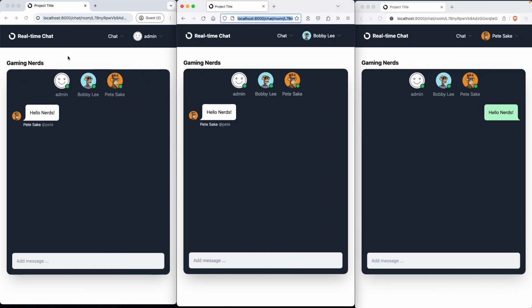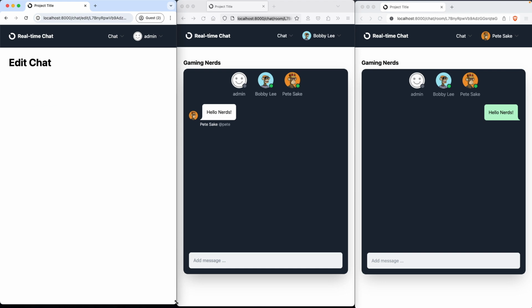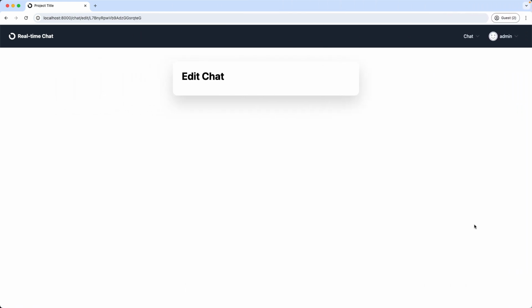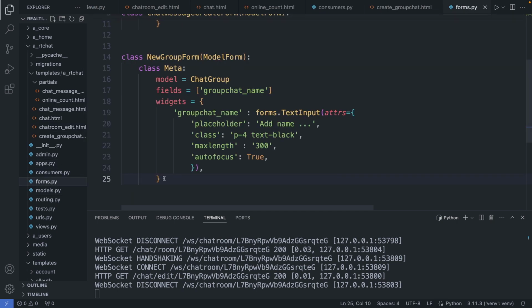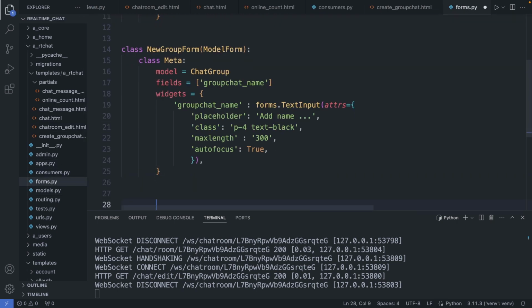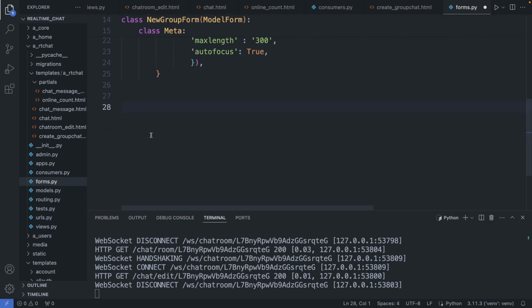I refresh the admin window here. And we can see we have this edit icon now, but only accessible for the admin. Okay, let's click on it now. And this is our page. Next, let's create the form we need here. So in my forms.py file, at the bottom here, I'm adding the chatroom edit form,